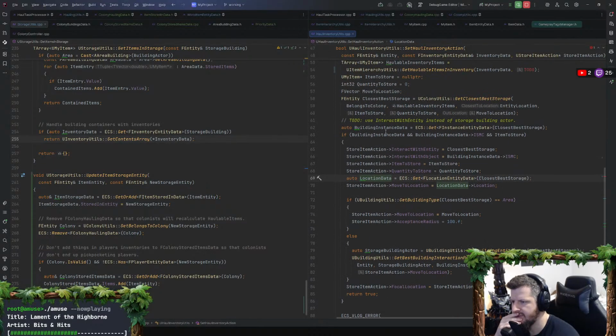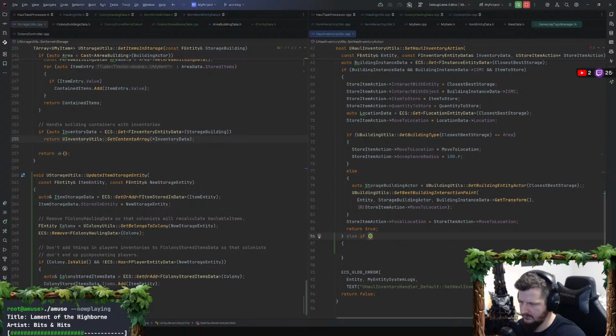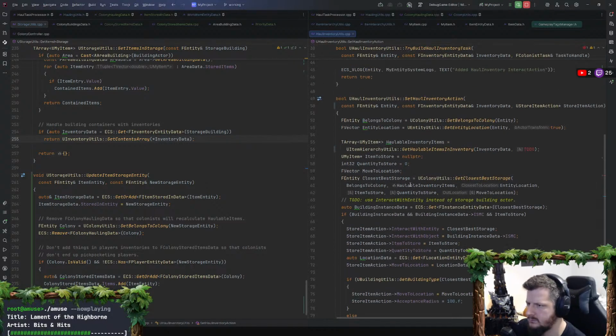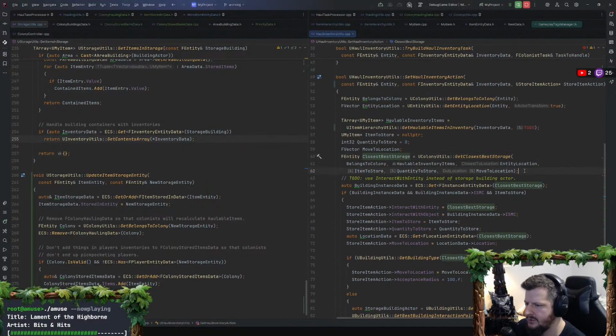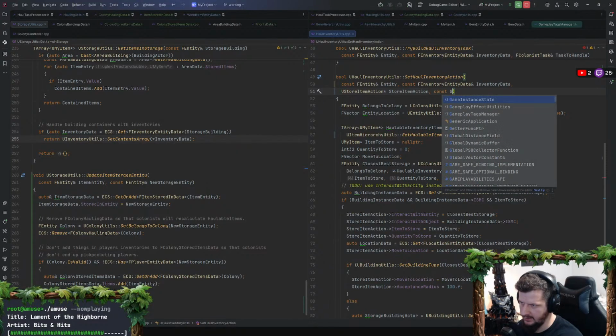I guess I also need to check the else here, it's like else if auto world item ISMC data. Just call it world item data. Which really I should pass in the store item action const FEntity